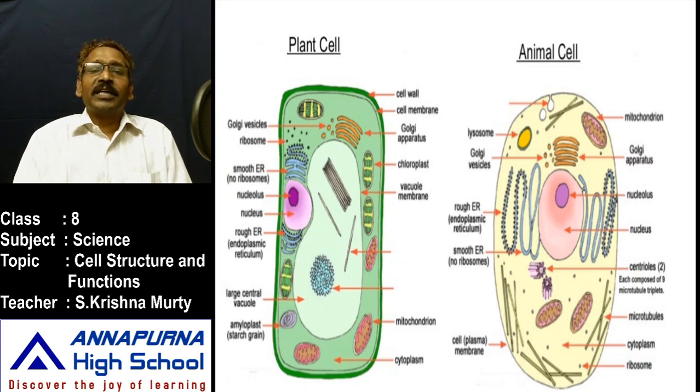Examples for that are diffusion and osmosis. I thought you had learned about diffusion and osmosis in an earlier class. What is meant by diffusion and osmosis in simple terms? The movement of molecules from high concentration to low concentration. In diffusion we can apply the gaseous state, in osmosis we can apply the liquid state. By these two processes, whatever the cell needs should cross this plasma membrane.